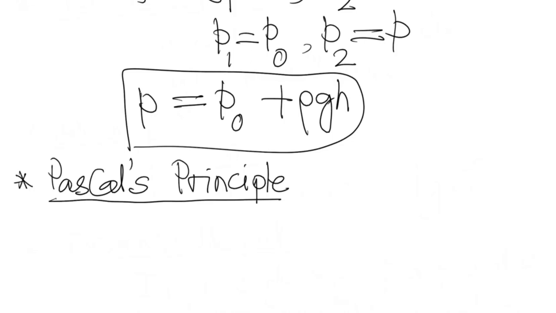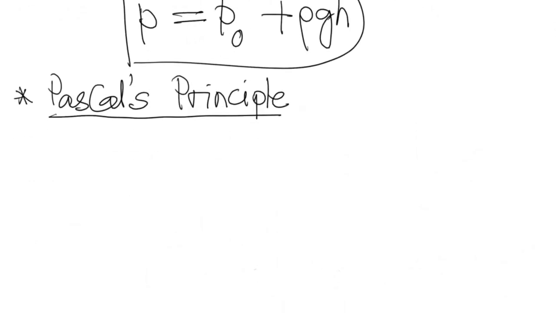This principle says that a change in the pressure applied to an enclosed incompressible fluid is transmitted undiminished to every portion of the fluid and to the walls of its container. For simplicity, if we consider this type of arrangement,